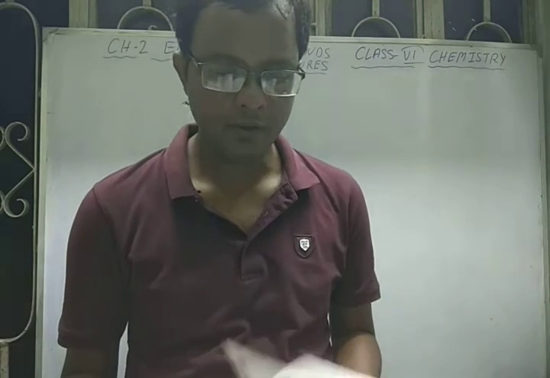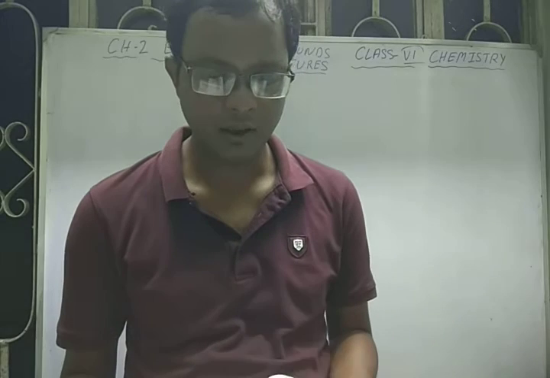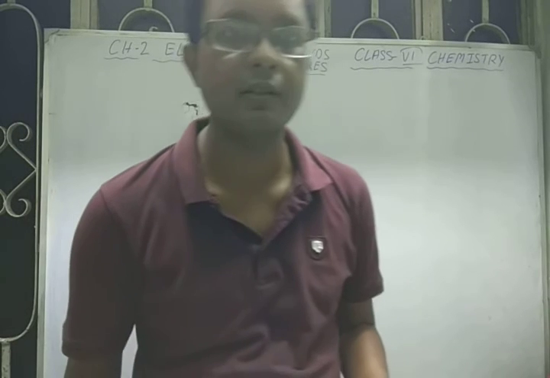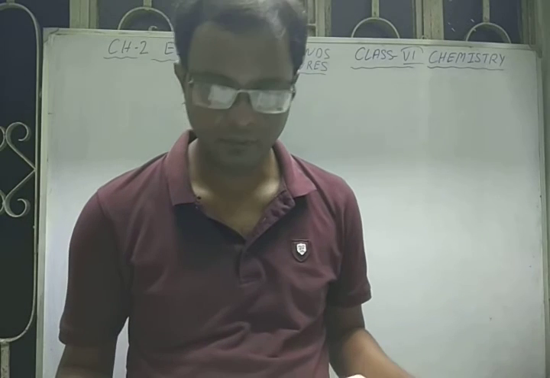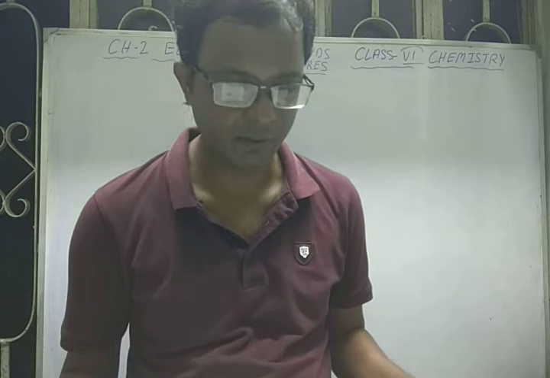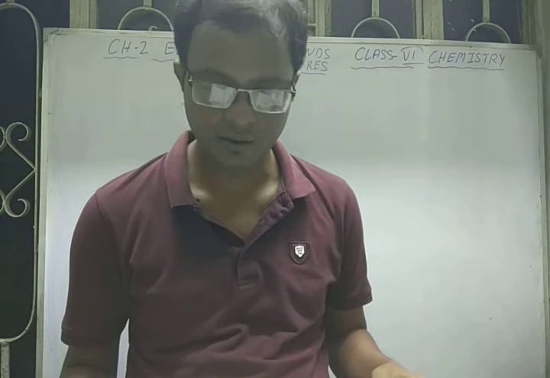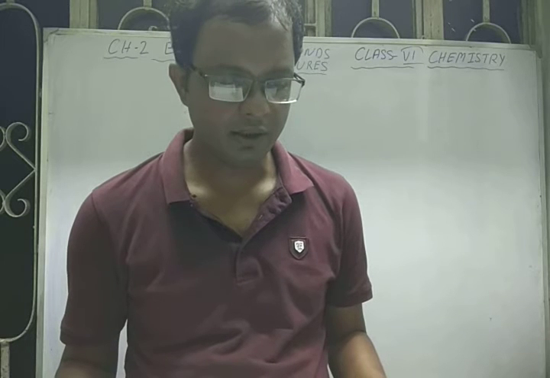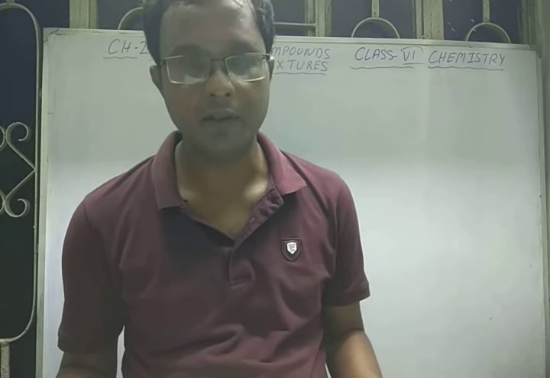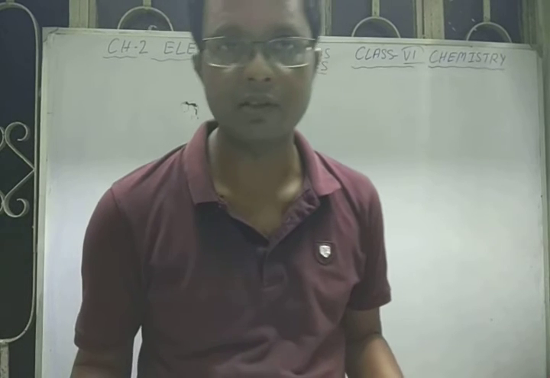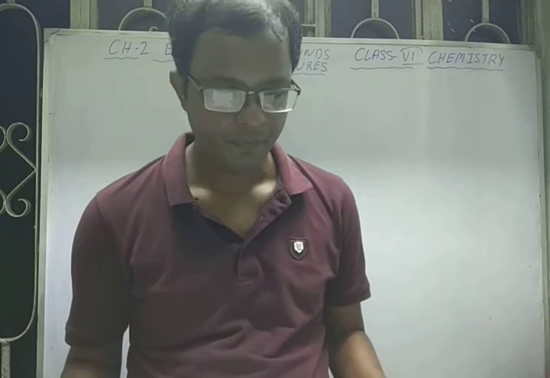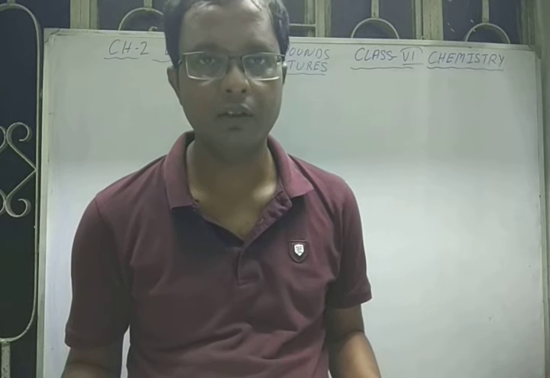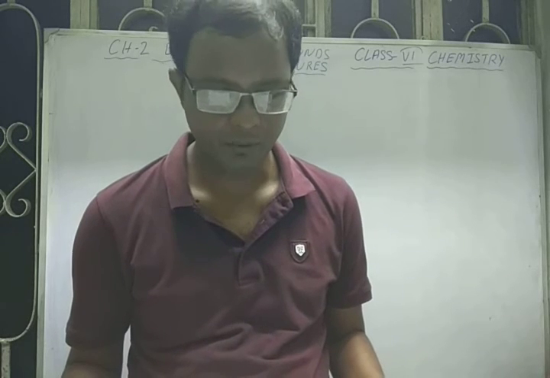In the last video lesson we have completed up to the classification of elements, that is metals, non-metals, metalloids and noble gases. We have seen the differences between metals and non-metals in detail, all the points we have discussed. In today's video lesson we will start from the symbol of elements. In the last online class also I have discussed this. So those who were not present, please watch this video, that will definitely help you to understand it.